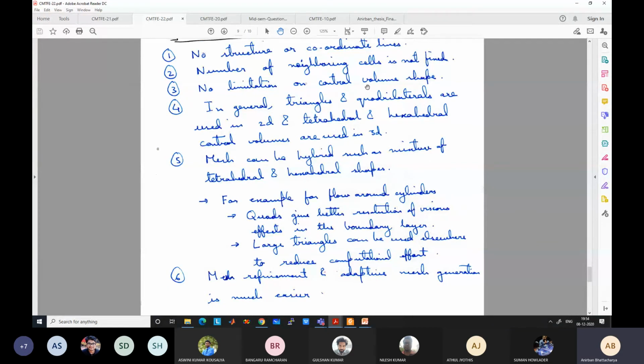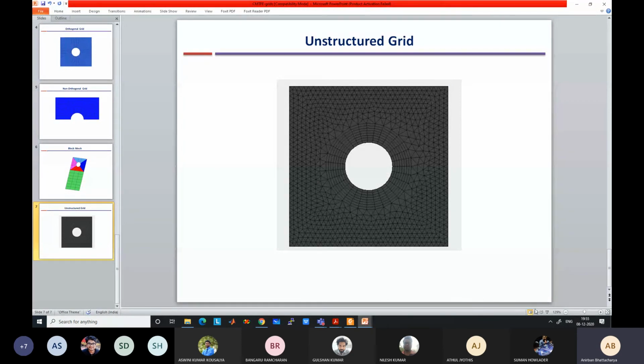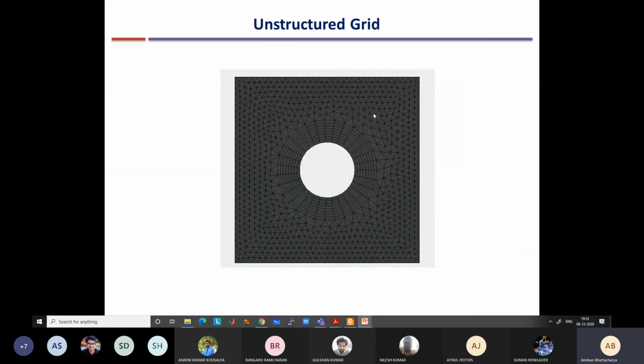So any type of shape is allowed. However, in general, triangles and quadrilaterals are used. Most common is triangles, because you can fit any geometry very easily with a certain set of larger and smaller triangles. It is very easy to fit any geometry like I have shown here. You can change the size of the triangles, and any empty spaces can be easily filled with some combination of triangles. Any complex geometry, you can always fit triangles.